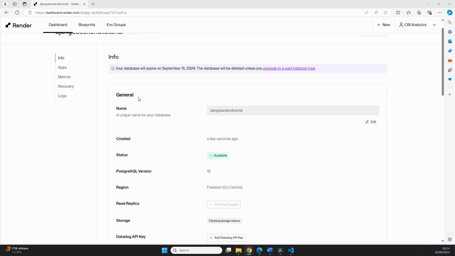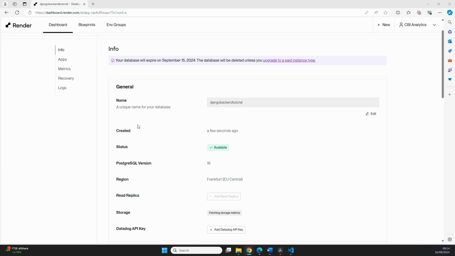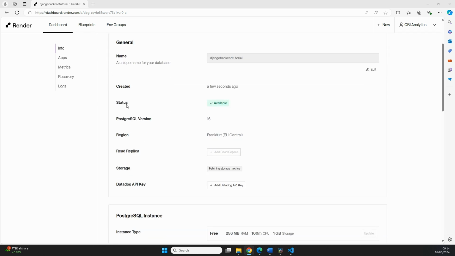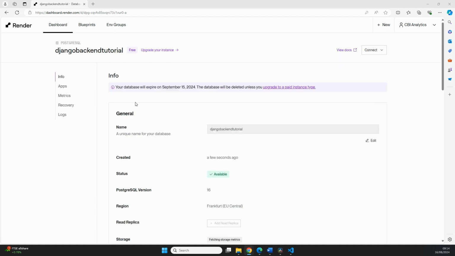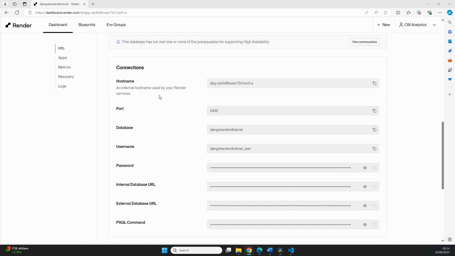And you can see that we now have a database which is currently being deployed called Django Backend Tutorial with my name, also when it's created, and the status of already available. Now, if you scroll down on your database, you get all of the connection information about the actual database. Now, one very important connection setting is the internal database URL. And the internal database URL actually provides a URL with all of the credentials of your database,